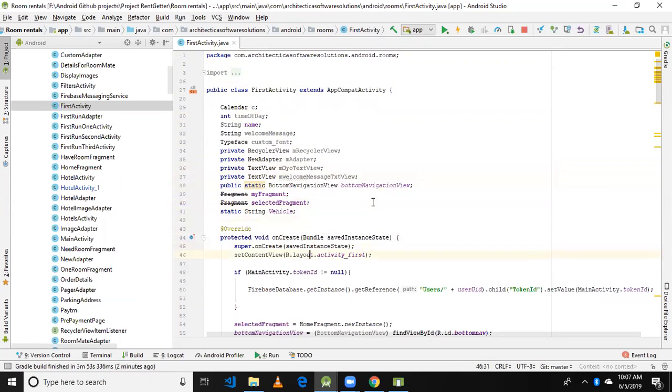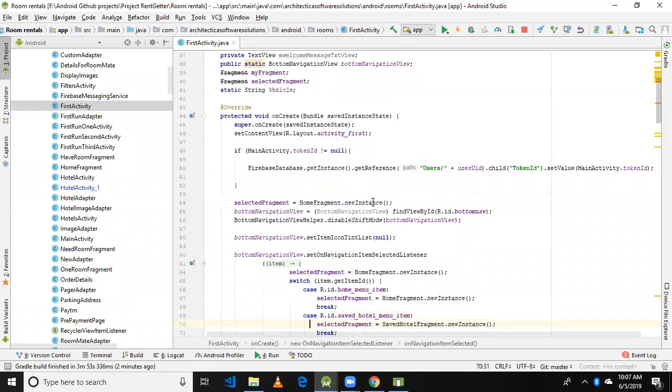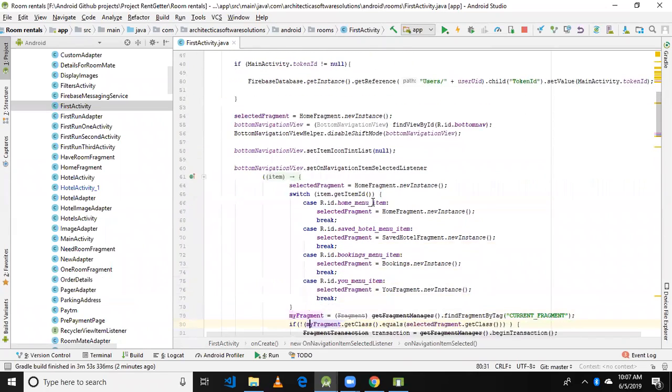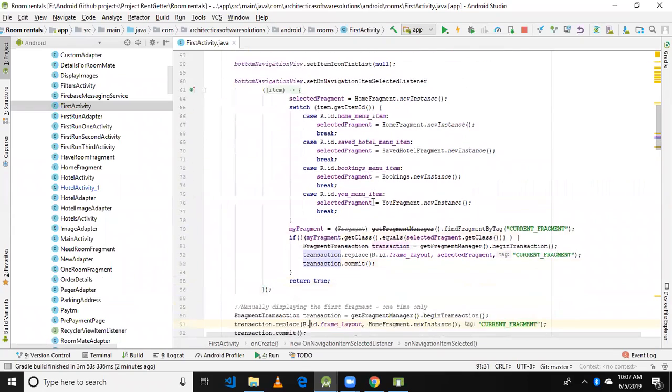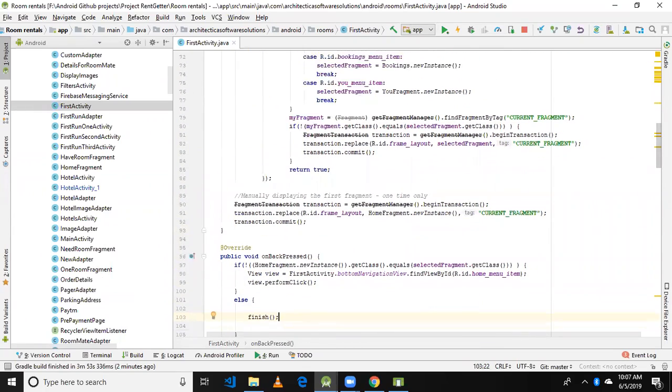We now need to, when the home button is clicked, show the home text view, I mean the layout which is contained in the home fragment. And whenever the saved hotel list is clicked, we have to show the corresponding fragment. So what we are going to do is,